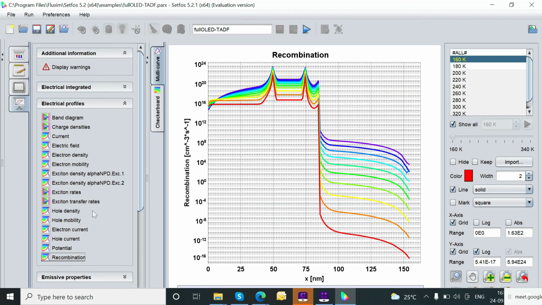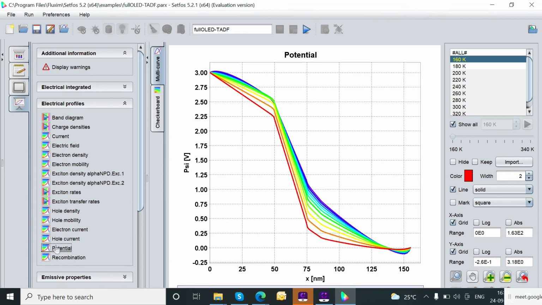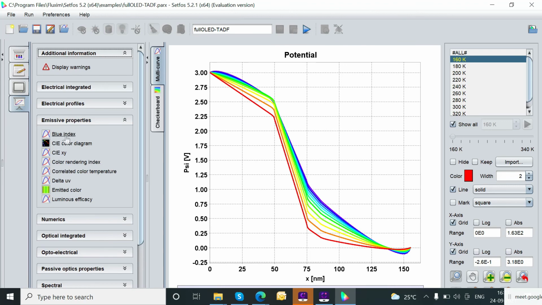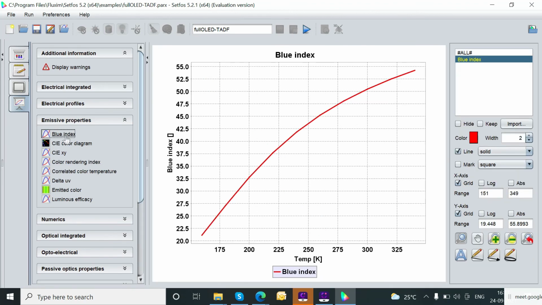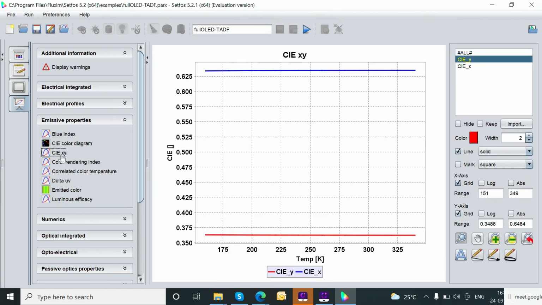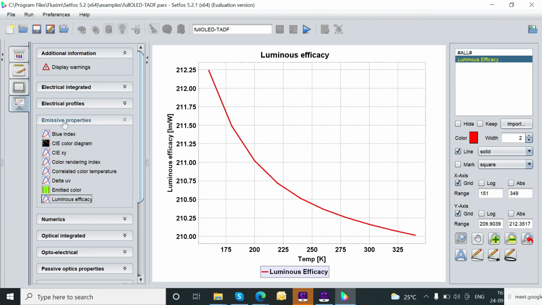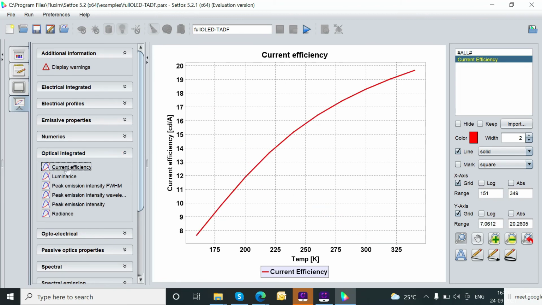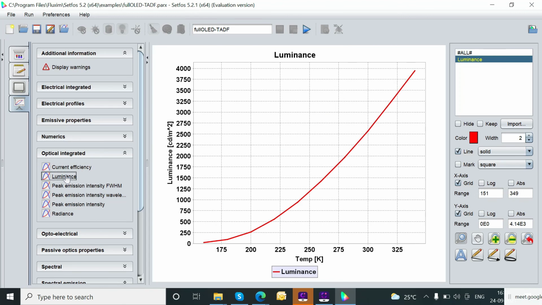Similarly, other current balance analysis, and exciton rates analysis for different excitons. These are exciton rates for generation, radiative and non-radiative decay, internal quantum efficiency, power density analysis, Venn diagrams, and exciton density analysis. So which layer gets the exciton density, analysis like that. Exciton transfer rate, hole density analysis.